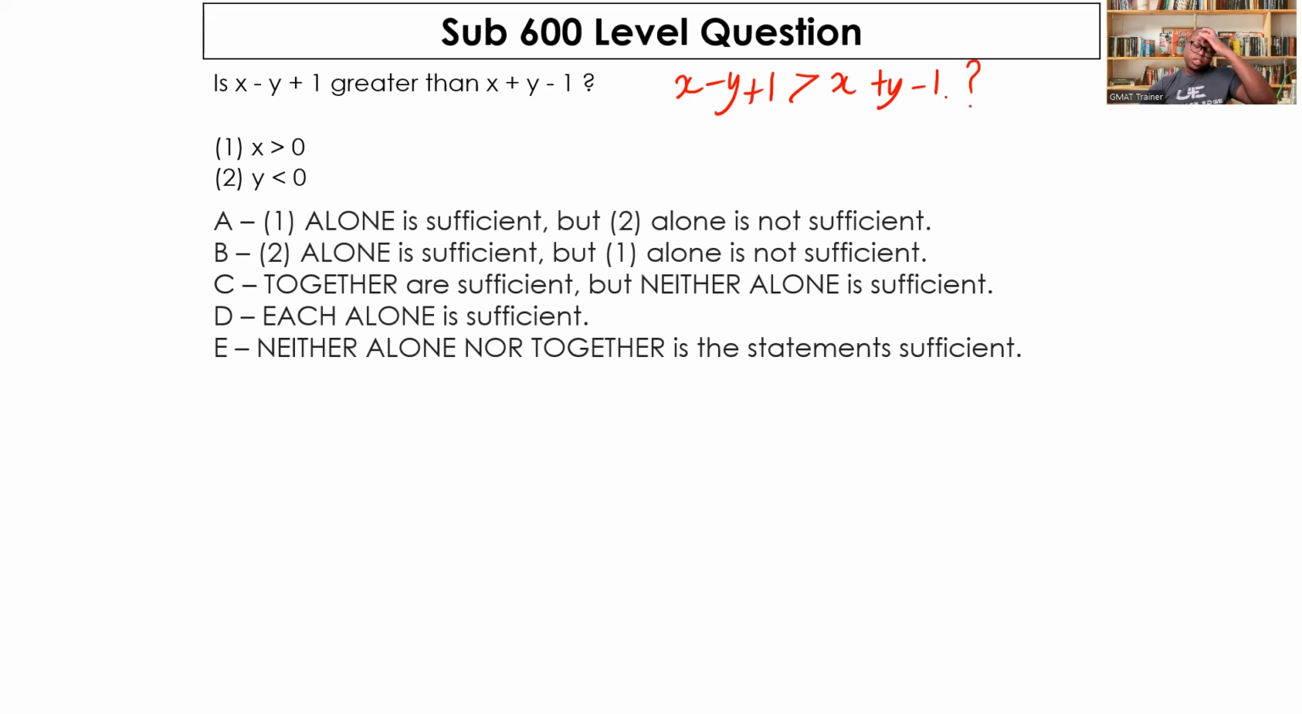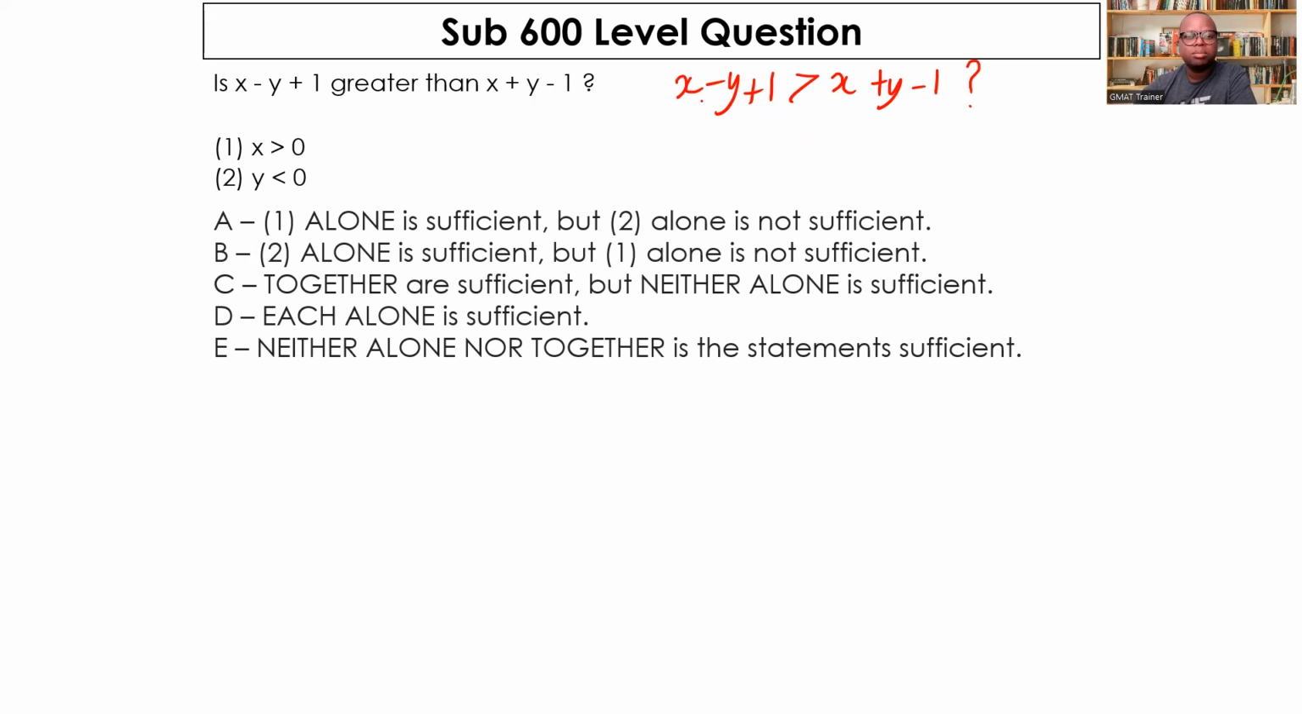So normally with data sufficiency, the first thing is to analyze the question stem and be able to know the limits and what will constitute sufficiency. What will make a question sufficient or not sufficient, you need to know that. And once you do that, then you can go ahead and assess the statements. So if you have x plus y, x minus y plus 1 will be greater or less than x plus y minus 1. What will determine this statement